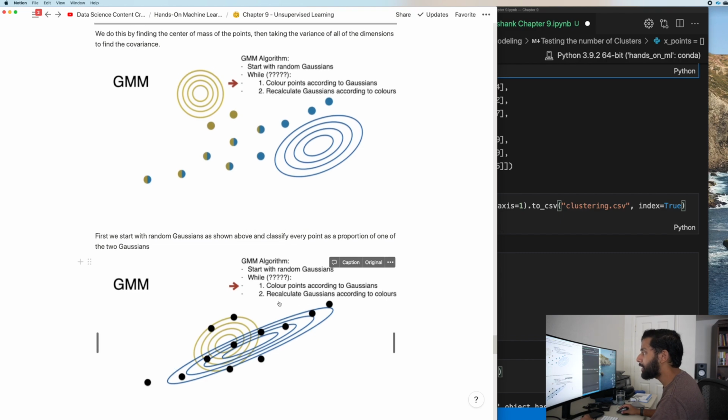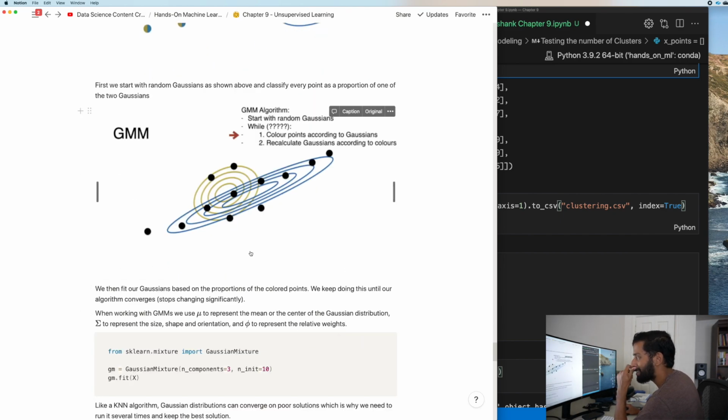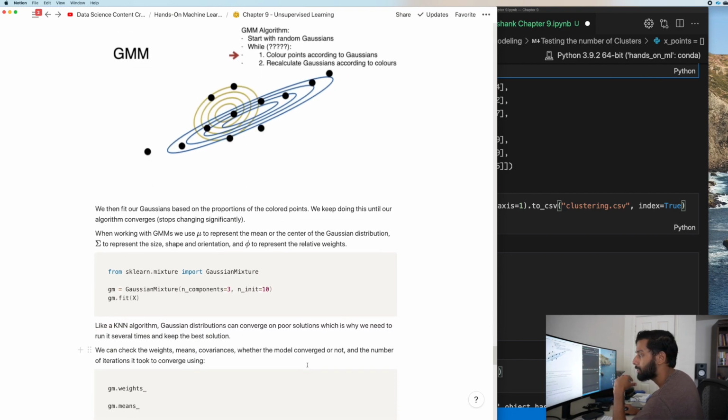Then you move the Gaussian distributions closer to their individual points, where the blue points are surrounded by their own Gaussian and the gold points are surrounded by their own Gaussian. And then you keep doing that until you have diminishing returns, basically until your model converges.